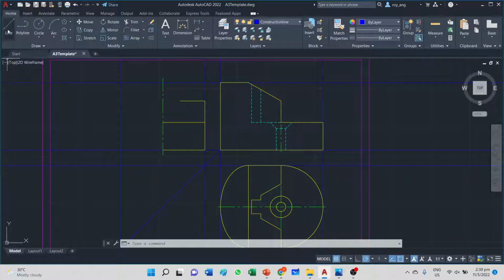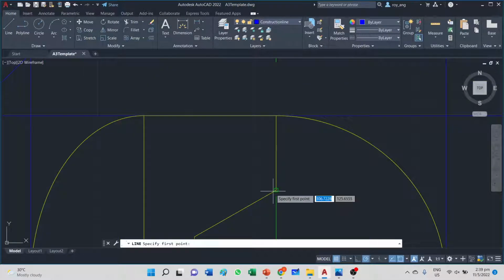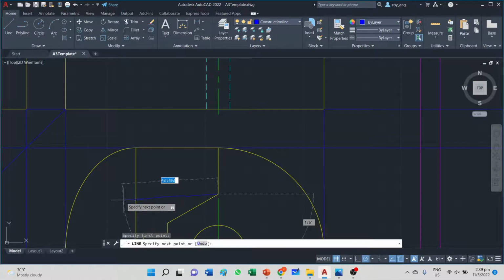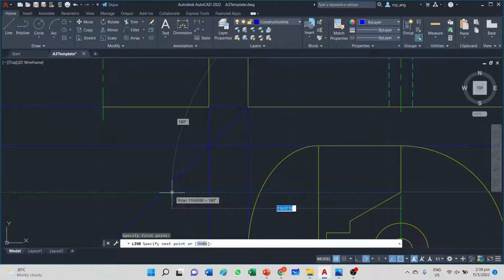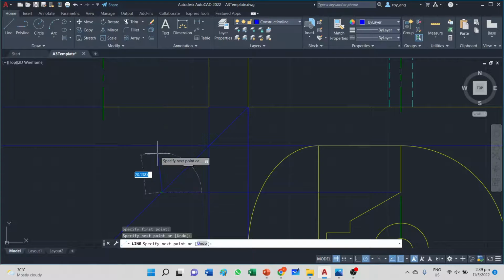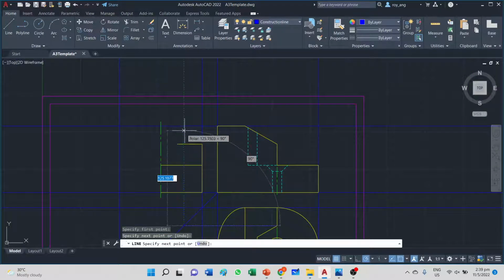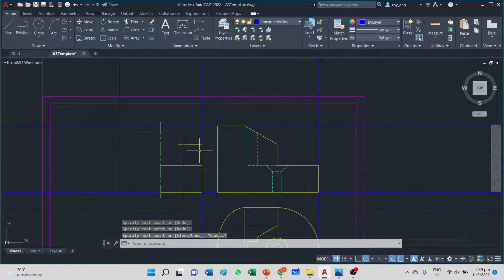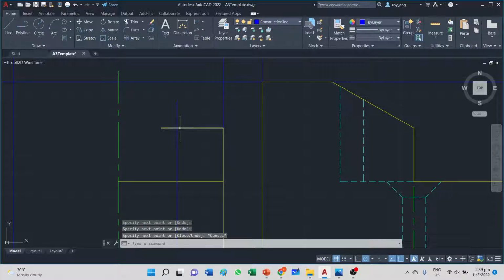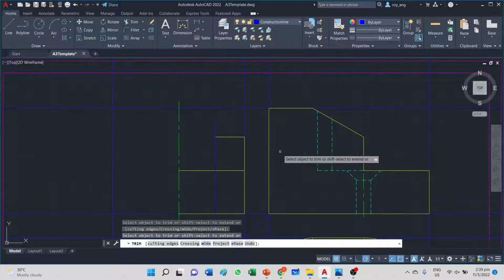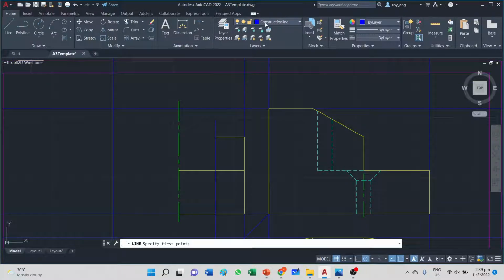We can make use of projection. I need to zoom here, and we project from the plan view across to the meter line, and then we project it upward across. Okay, and this is where the line ends, right? And I'm going to trim it. Okay, that's where it ends. Now this part here,